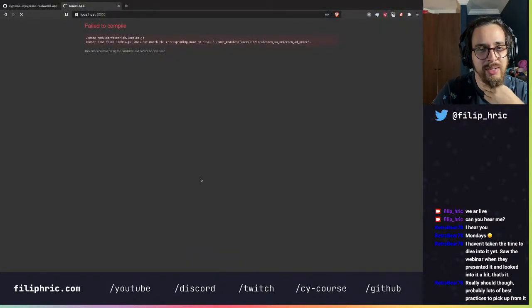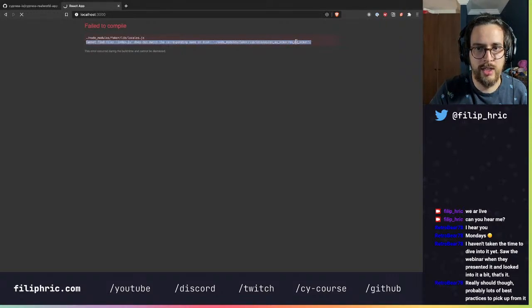There's a fail to compile. What's happening? Okay, let's look into this. Locales index.js does not match the corresponding name on disk. Okay. Oh, I think I saw this in the past. I think the Faker plugin was doing something. There was something wrong with the Faker plugin. Not sure what it was, but yeah, when I looked into this,